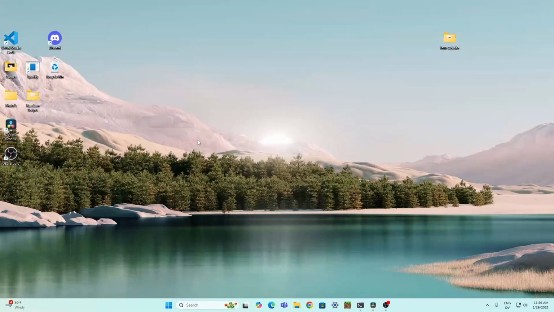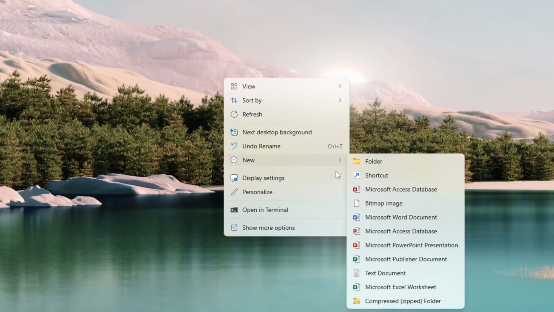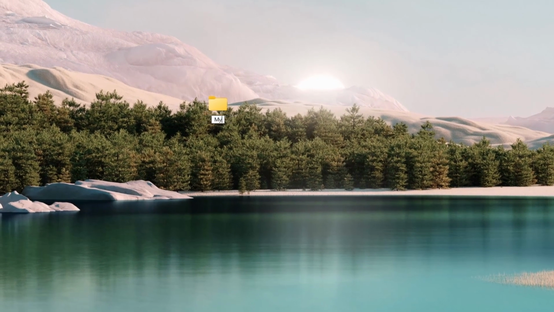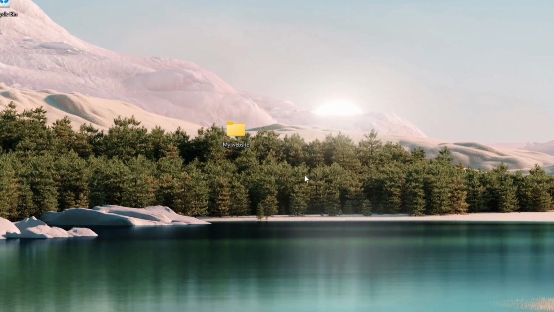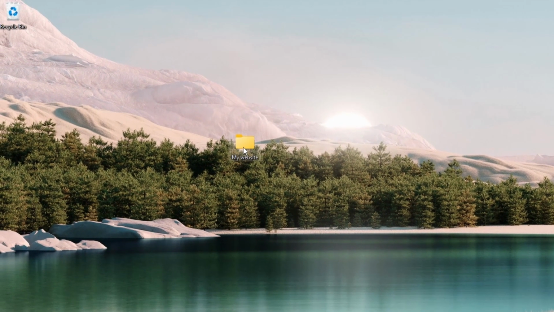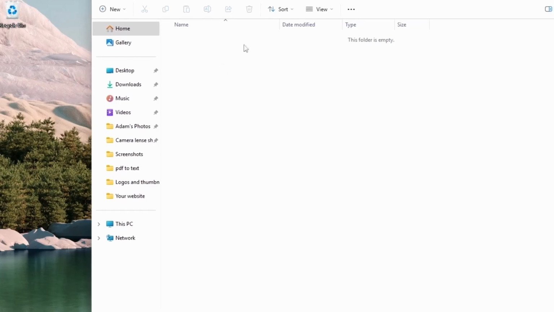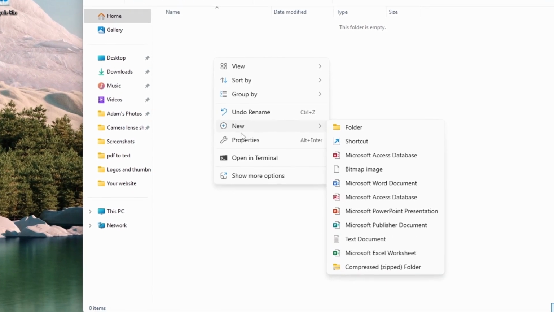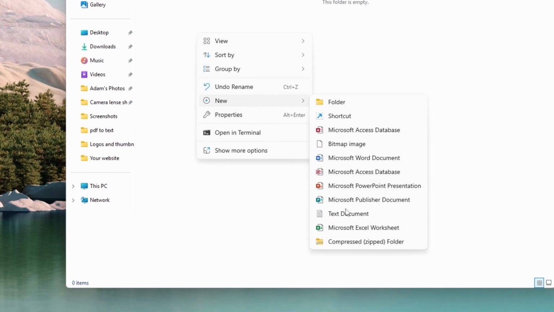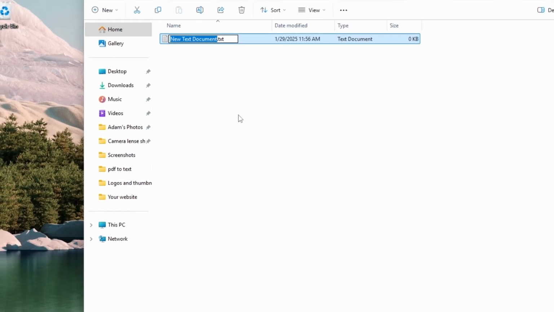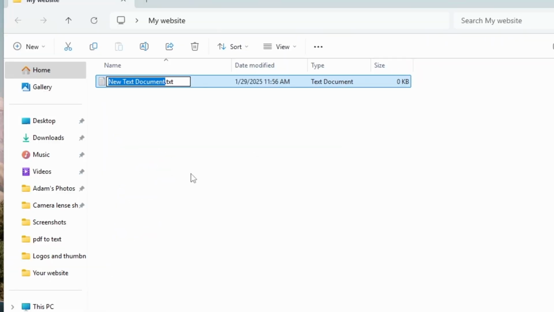So first things first, make a folder for your website to be located in. We're going to be using this folder to hold all the content of our website. Now we're going to make our website. Today I'm not going to be showing you how to build a website. There's plenty of tutorials out there on how to build amazing looking websites. So today I'm going to be showing you how to put a website you have built online so that others